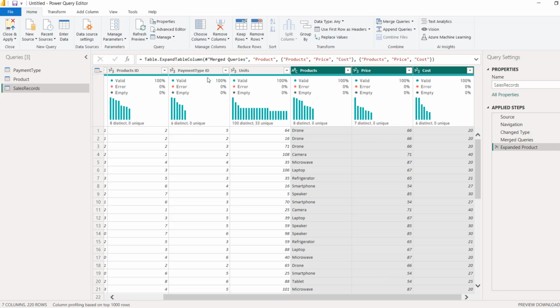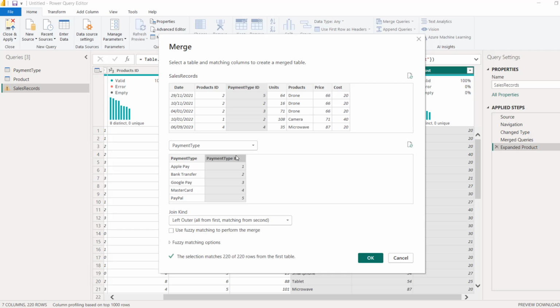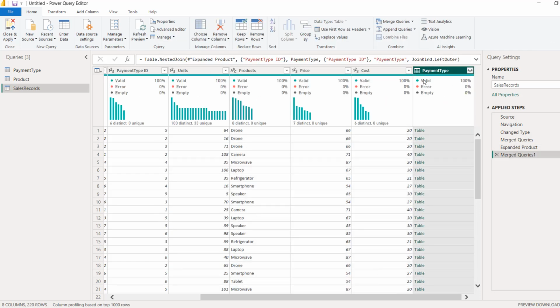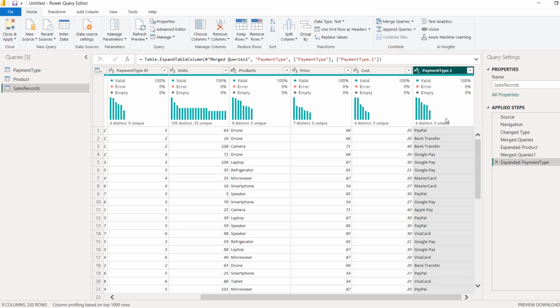So we're going to do the same thing for the payment type. So I'm going to click on merge queries, and then I can click on the payment ID column, and I'm going to choose the payment type table, and I'm going to choose the primary key, that is the payment type ID column. So this is going to also match the 220 in the first table and the second table, and click OK. And again, we have this payment type column, so we can see all the columns that we can pick from. So I'm going to uncheck the payment type ID, click OK, and then we can see the list of the